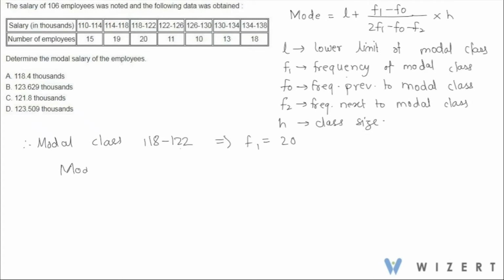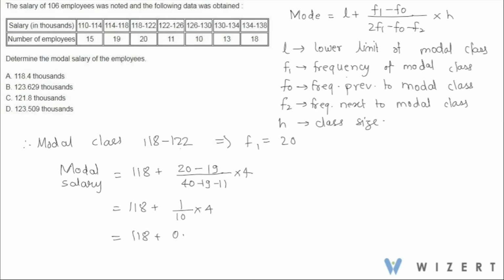Modal salary equal to 118 plus (20 minus 19) divided by (40 minus 19 minus 11) multiplied by 4. So this is equal to 118 plus 1 by 10 into 4, which is equal to 118 plus 0.4. So we have 118.4, and the salary is given in